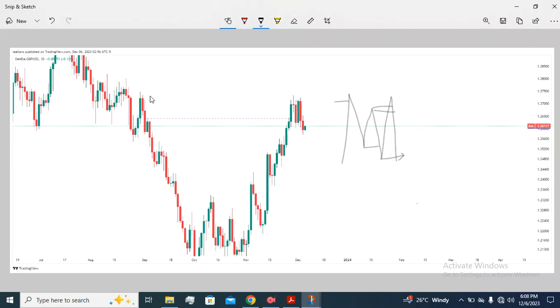So as we can see right here, we said we need to have a market structure shift to make it a high probability one. Right here we have a market structure shift. Then right here we have a sweep of liquidity. With this sweep of liquidity, the clearest break of structure that we can see on the bearish side is this one. This is the first break of structure, and its high, which is right here,